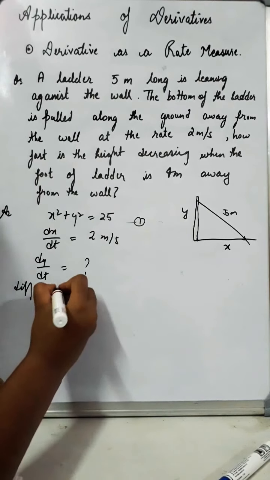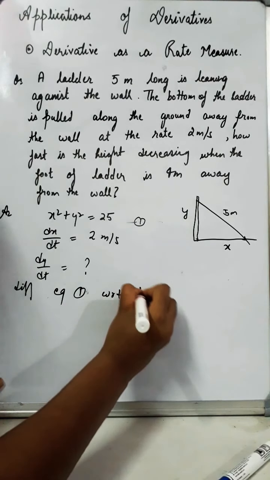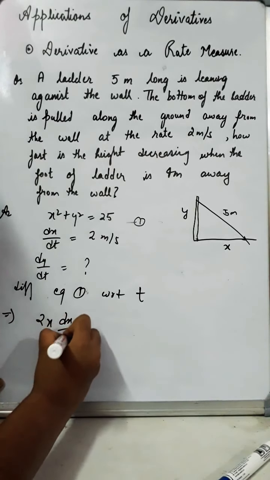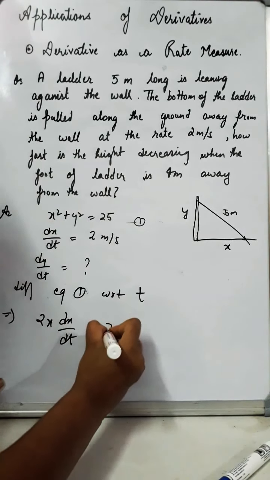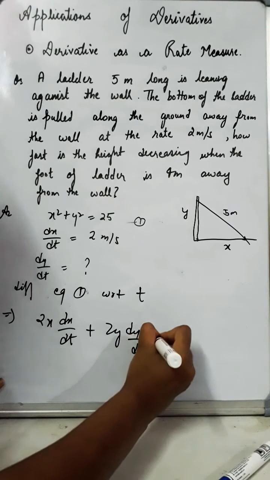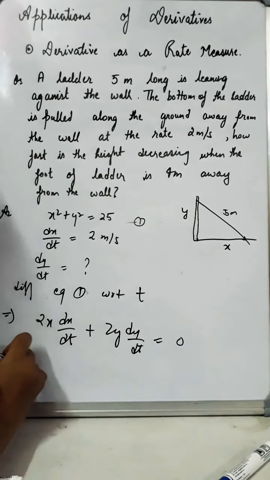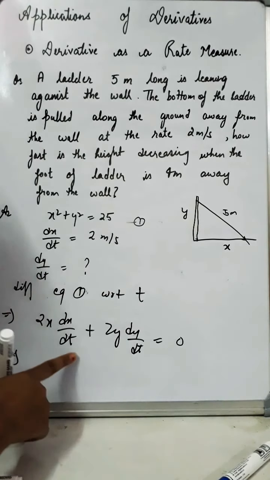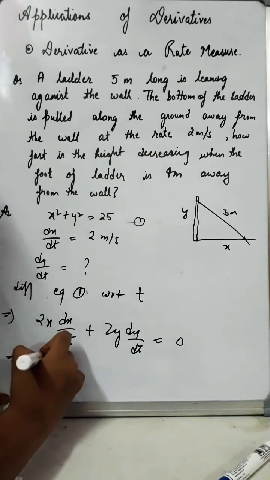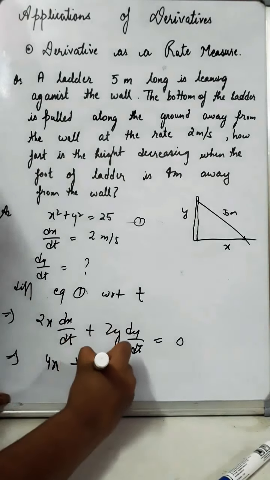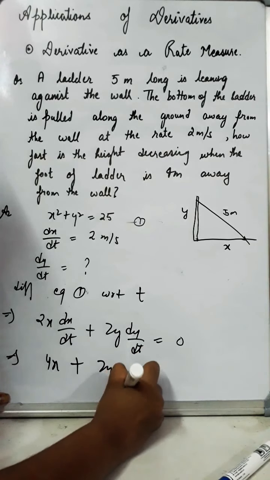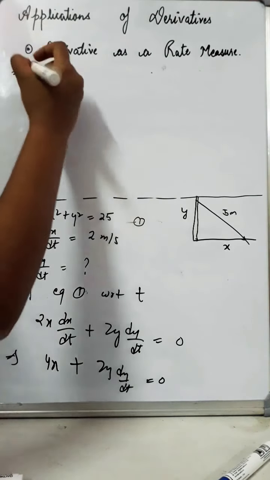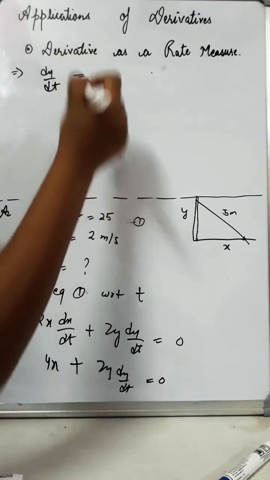equation 1 with respect to t, ठीक है। तो what are you going to get, 2x dx dt, चेन रूल लगा लो, प्लस 2y dy dt, ठीक, इज इक्वल टू, ये तो t के टर्म्स में कांस्टेंट है 0। अब यहाँ से आपको dx dt की वैल्यू पता है 2 मीटर पर सेकेंड, तो आप यहाँ से डायरेक्टली सब्स्टिट्यूट कर दो वैल्यू, तो ये 4x हो जाएगा, दिस इज योर 4x प्लस 2y dy dt इज इक्वल टू 0, इतना तो मिला। इसको सिंप्लीफाई करके देखते हैं, तो दिस इज योर dy dt इज इक्वल टू